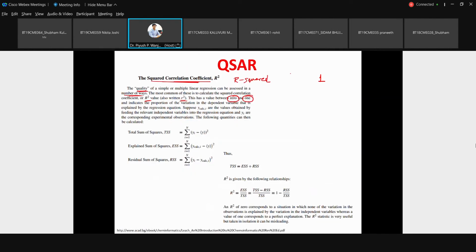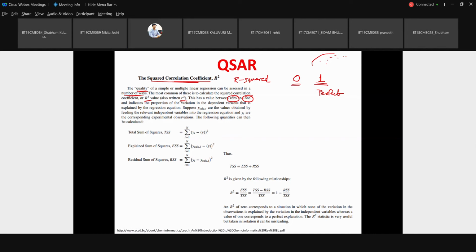So a value of 1 means your model is perfect, and a value of 0 means none of the data points are being taken into consideration properly by the curve you are trying to fit. So that difference you can consider, which we are estimating by R square.